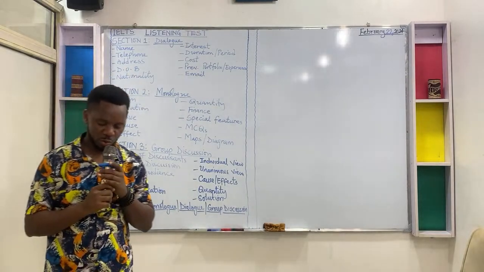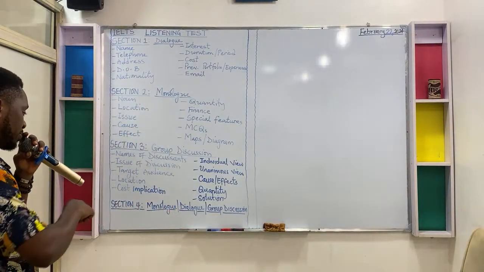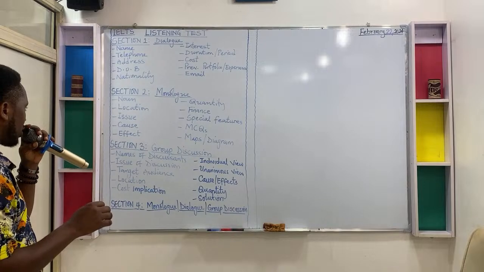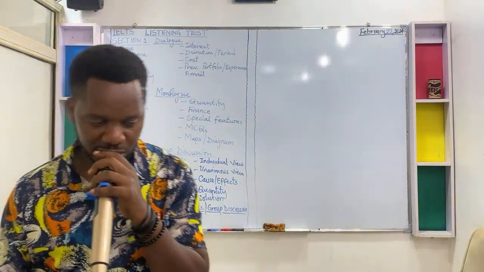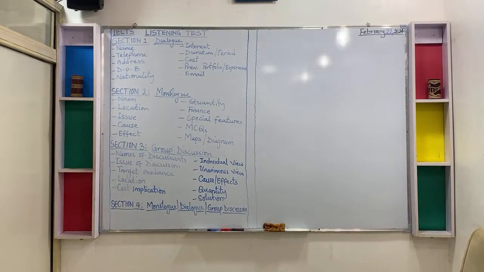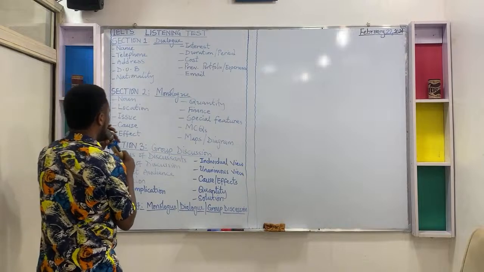Now let's go to address. If address is required to be a part of your answers, then on the question paper, definitely there would be the address clearly written. But some part of the address may be omitted. You may be required to write either the street name or the street number. Whichever it is that you are expected to write, the audio would give that to you. Please ensure to write appropriately.